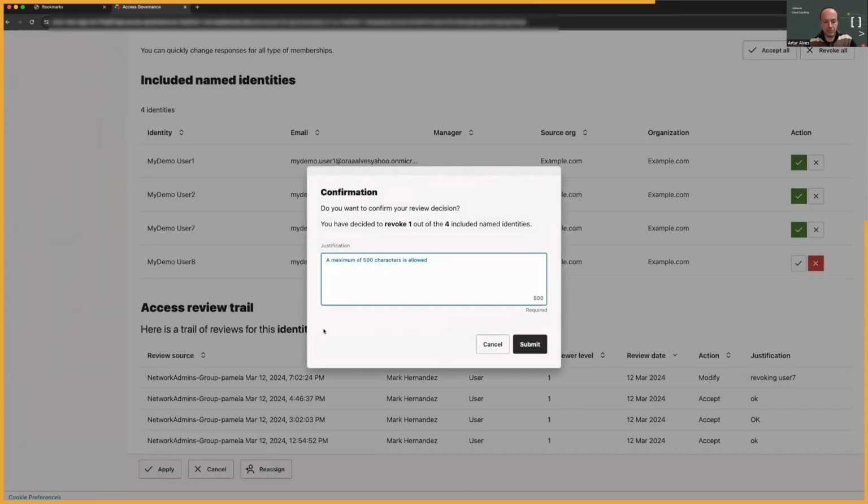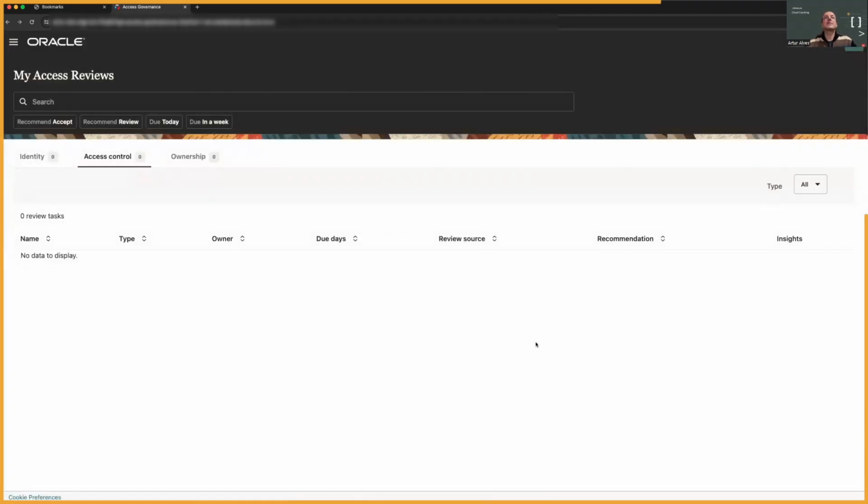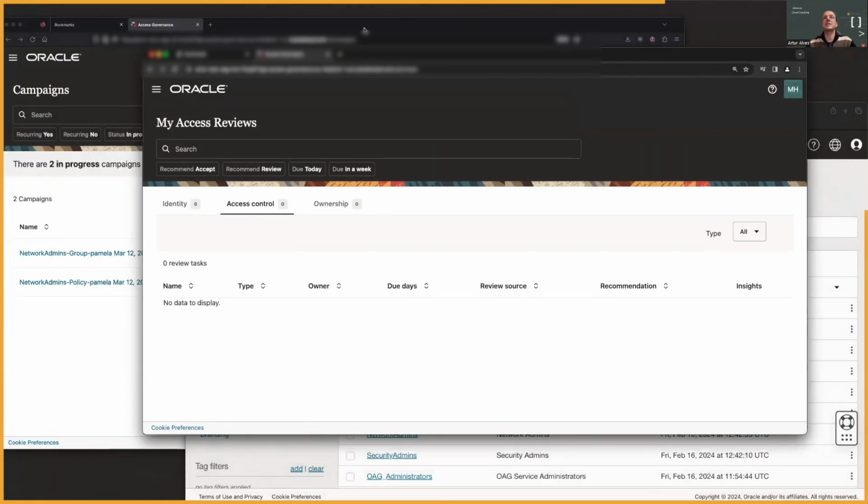User 8 should not have this. And I submit. So me, as the IT manager that knows better who does what in the IT department, I took these decisions based on what access governance gave me in terms of the insights of the permissions.